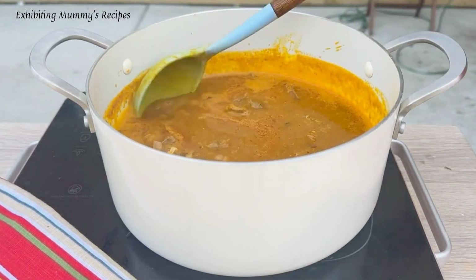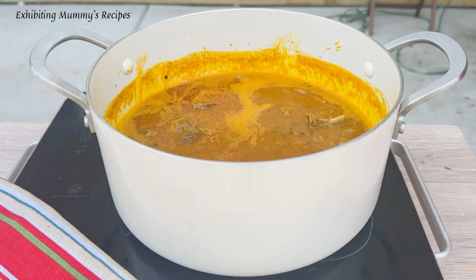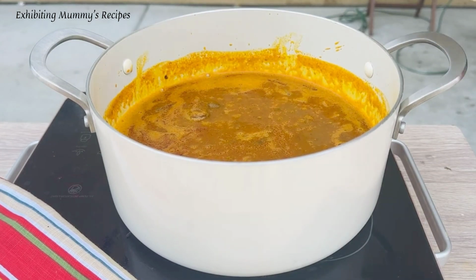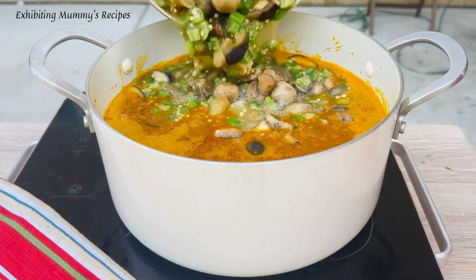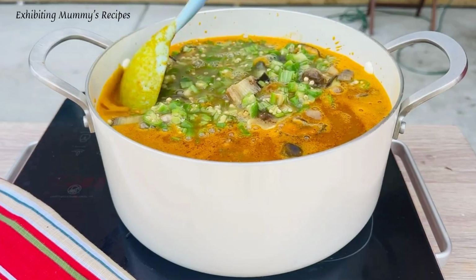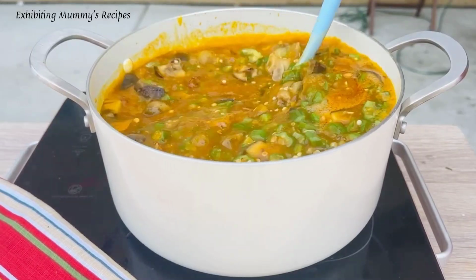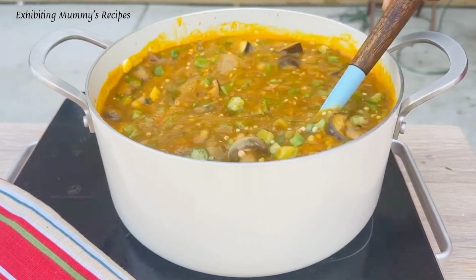Whilst that is on fire, I have my leftover palmnut soup that is very sad in life. It is very, very sad in life. So I decided to polish her life for her, or for it. Now I have added the okra that I prepared on fire to the palmnut soup. I'll give it a stir, and just look at that. I have enough salt, the kako, and everything in the